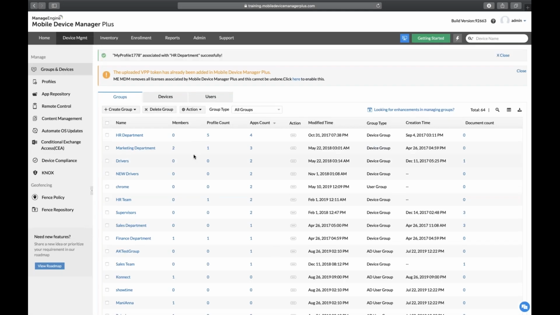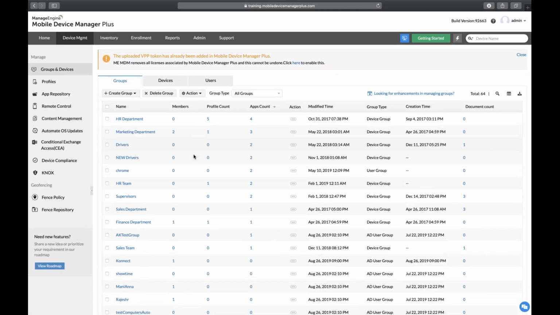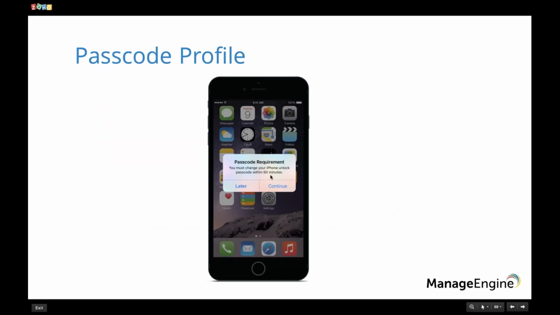And if they think that they can go around it, they cannot, because we only provide them a maximum time of up to 60 minutes, after which, on Apple or your Android devices, we would force the user to set up a passcode on their device. So your HR representatives would have to set up a passcode on their devices itself. Apart from that,